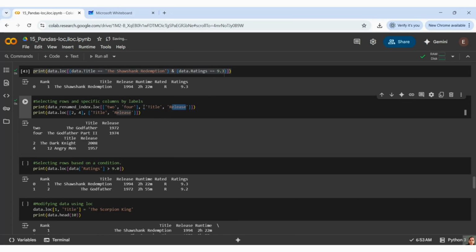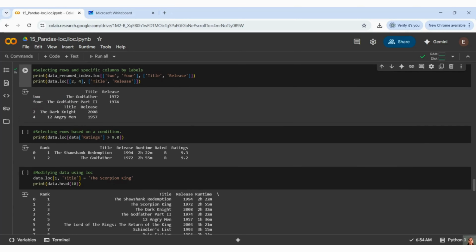So I am filtering out my columns here and I am filtering out my rows here. This is how you can fetch particular rows and particular columns. Similarly, here this is your numeric index and I am able to fetch the same data. So here it's just one difference. It's just changing your label index to your numeric index. This is how you can get different outputs by using loc, filtering out rows and columns.